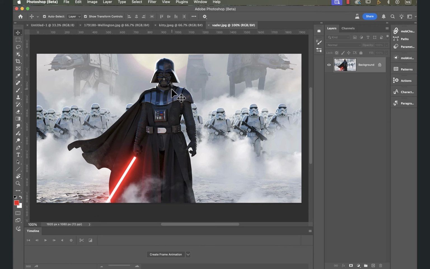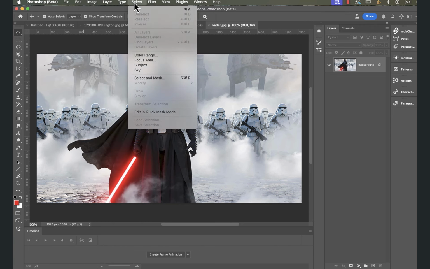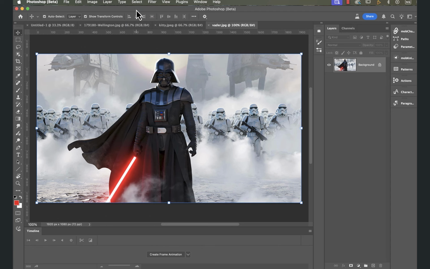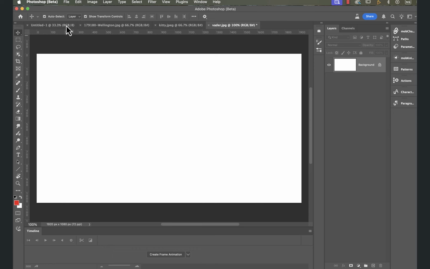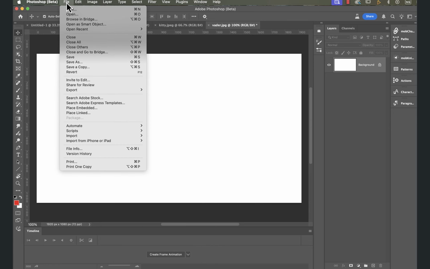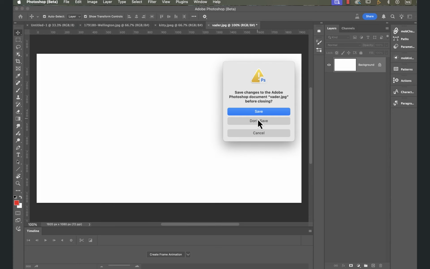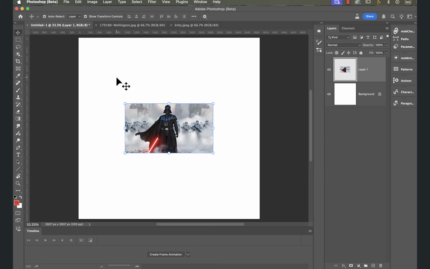Now I can shift this in a number of ways. With this one, I'm just going to go Command A, which is the same as going select all. Command X, just the same as going up here. So I can either go cut or Command C copy. I'll just go cut. Command W is the same as just going close, because I don't need that anymore. So go don't save. I can come to my main image, paste it,